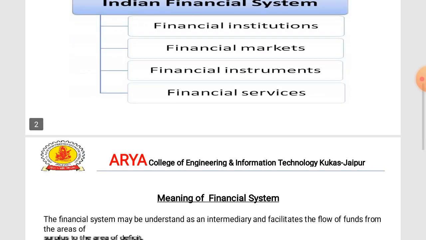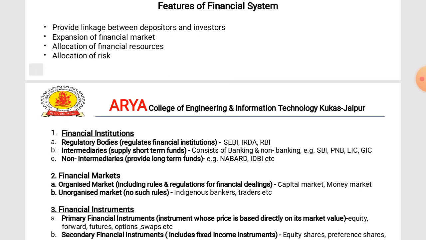So the first one is Indian financial institutions. The term financial institutions includes all kinds of organization which intermediate and facilitate financial transaction of both individuals and corporate customers. Thus, it refers to all kinds of FIs and investing institutions which facilitate financial transaction in financial market. Financial institutions are further categorized into three components, that is regulatory bodies.